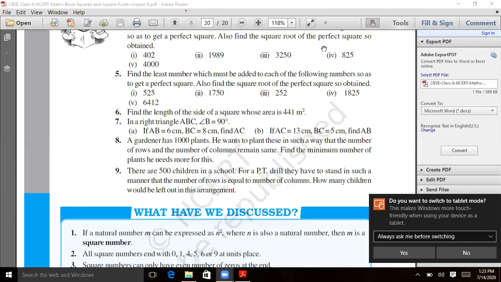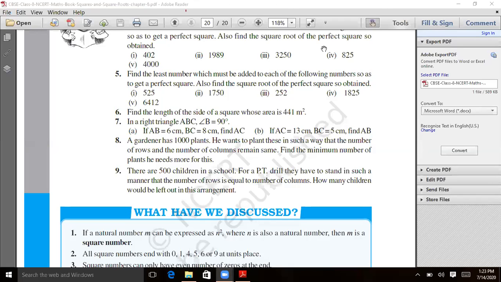Question number 6, exercise 6.4: find the length of the side of a square whose area is 441 meters square. Here you are to find the length of the side of the square, and the area is already given. So how to find it? Here you have been given the area as